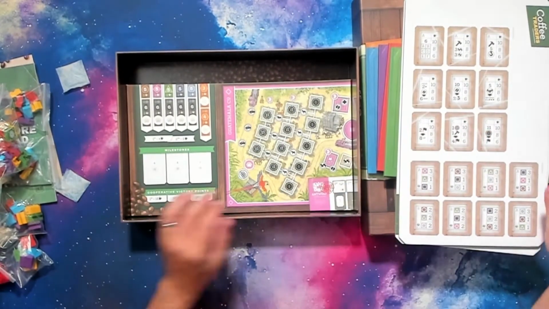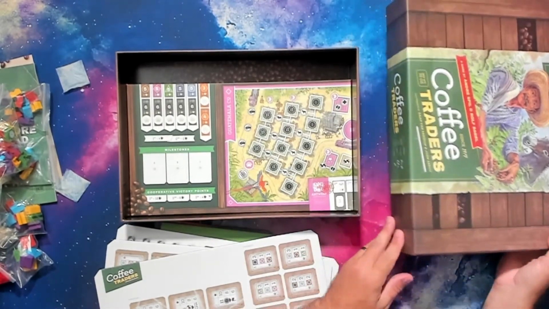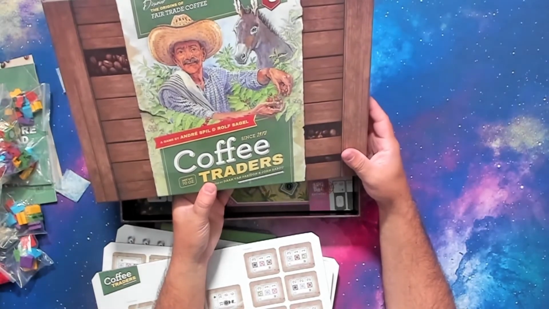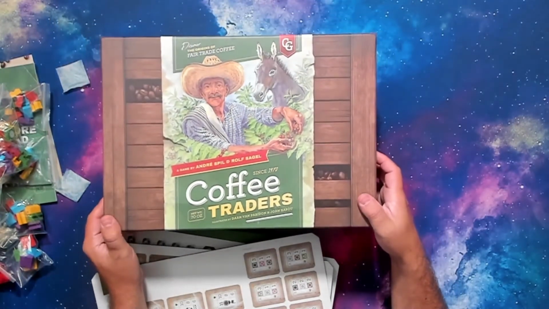This is Coffee Traders, again, published by Capstone Games, illustrated by Daan van Paridon and John Rabou, and designed by Spil and Rolf Sagel. So Coffee Traders, check it out if you can,